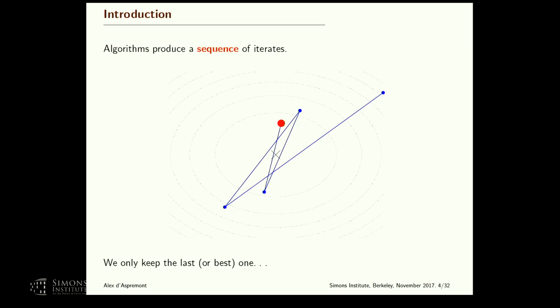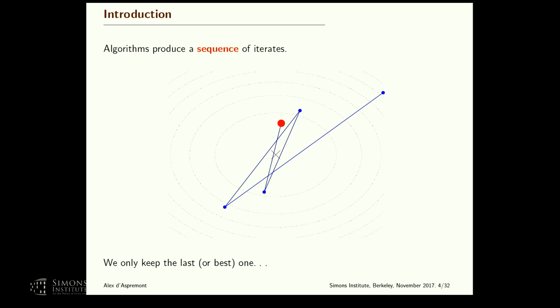So when you run an optimization algorithm on a problem, and here it's a very simple 2D example, what you get is a sequence of iterates. It's quadratic function minimization here using fixed step gradient descent. And once you've run the algorithm for a certain number of iterations, you throw away everything you've computed except for the last point. And that's the standard practice in optimization. So from a statistical point of view, of course, this is a disaster, right? There's a lot of information. We have a sequence of points converging towards a solution, but we're throwing away most of that sequence, except for the last point. So clearly, we can do better than that.